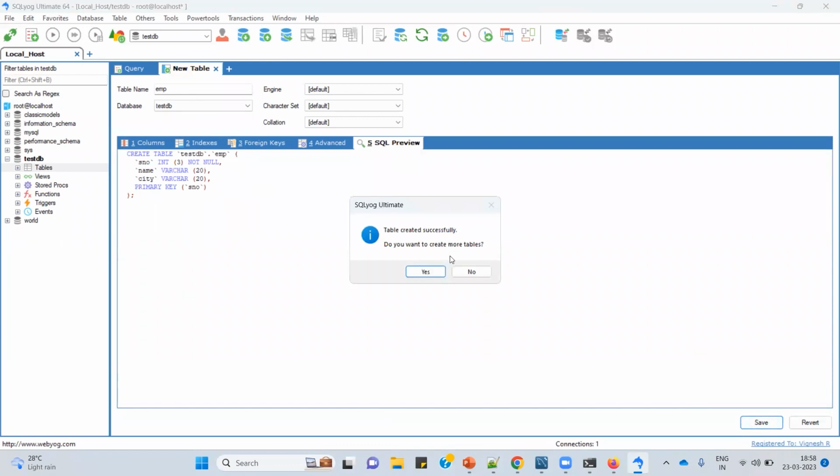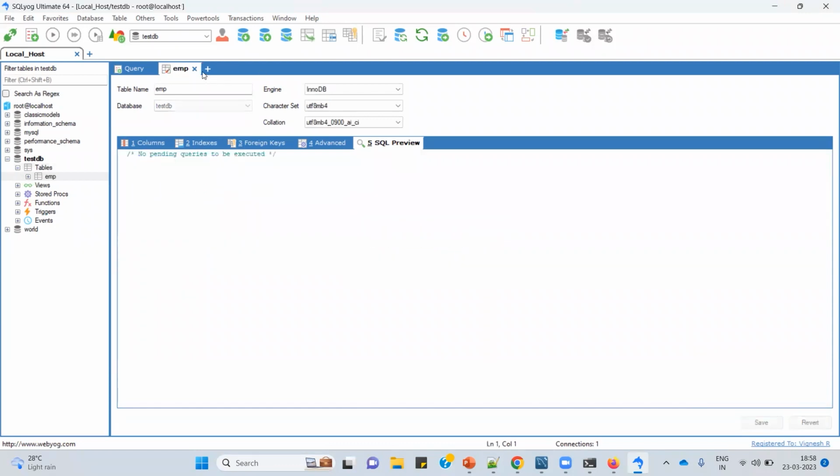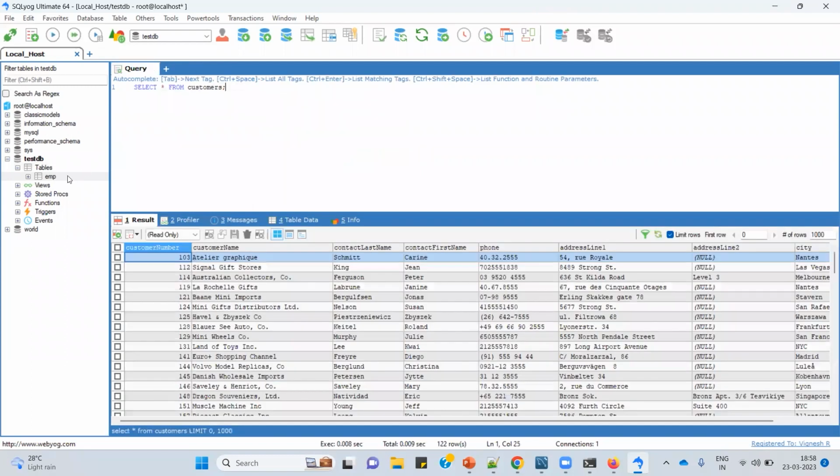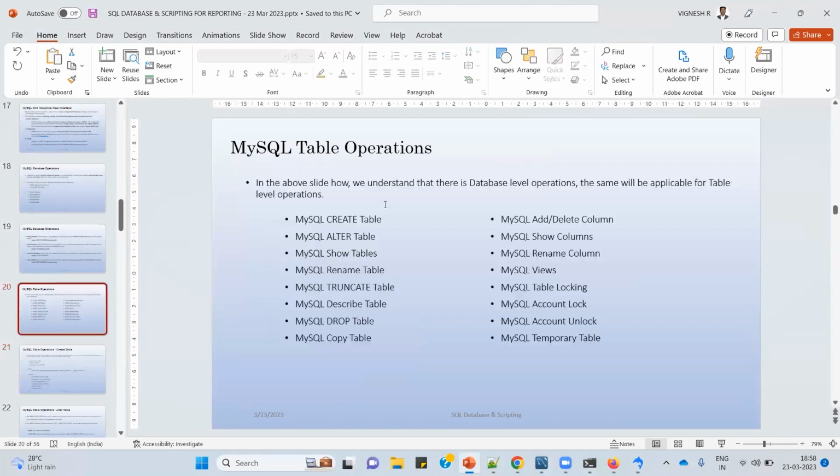Do you want to create more tables? No, we'll just leave it at that. So we have created the table, right? So this is a table level operation, we created the table. So the next one is